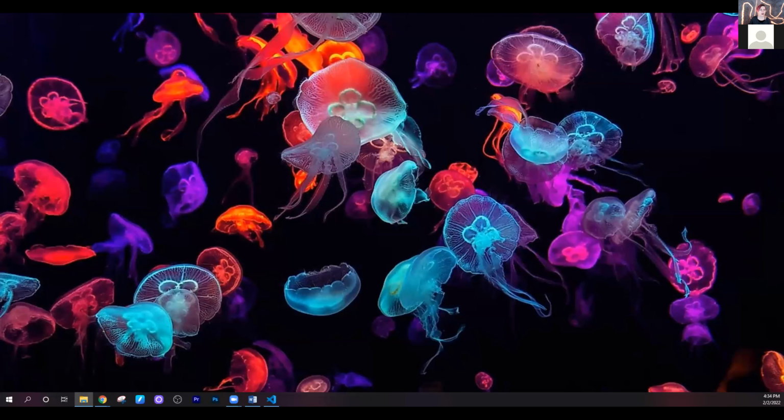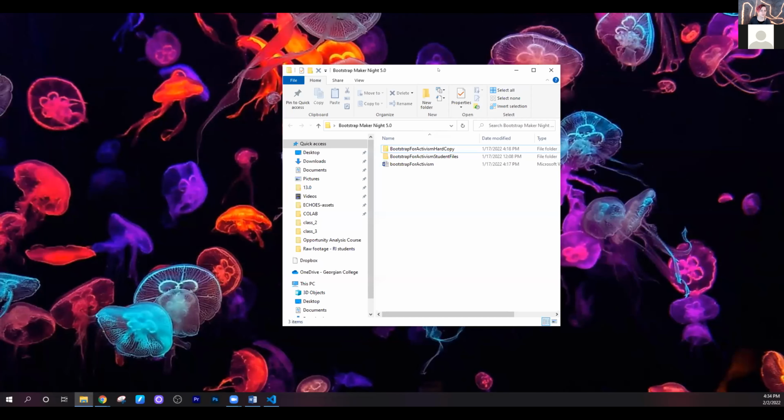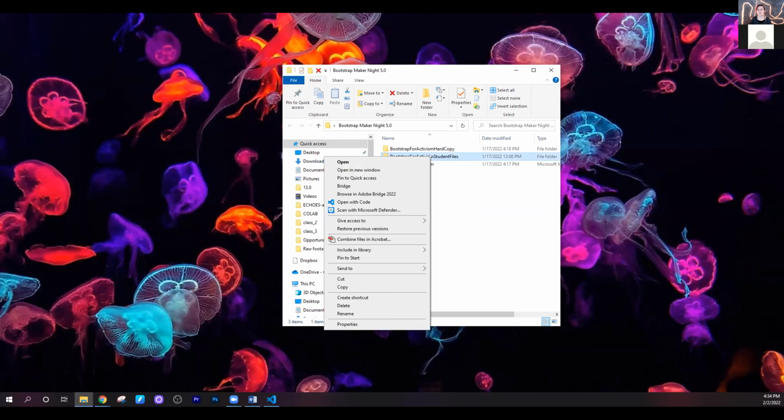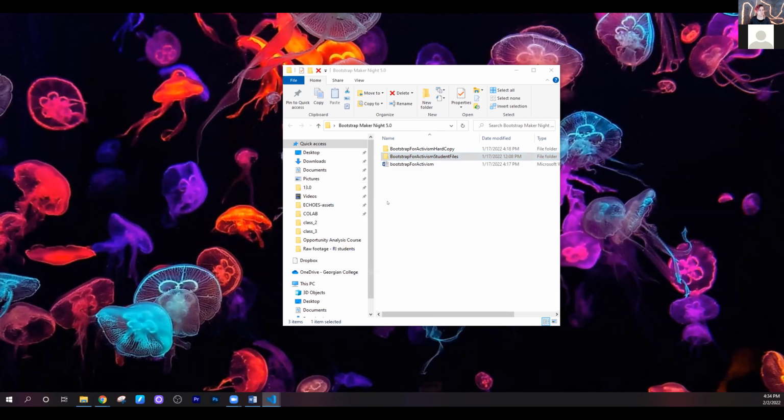So I'm going to show you how I open up my code files. As you can see, I have my own hard copy here of our files that we're going to be recreating. And then I have your student files and I have my notes. So we're going to click on the files that you downloaded. If you installed Visual Studio Code the right way and the best way, you will have this option right here that says open with code. That is the easiest way to open any folders in their entirety. So if we open with code on that,